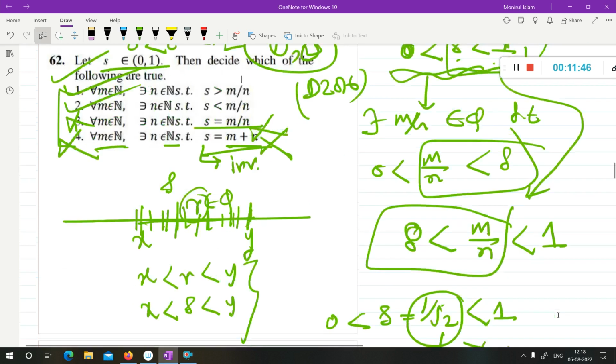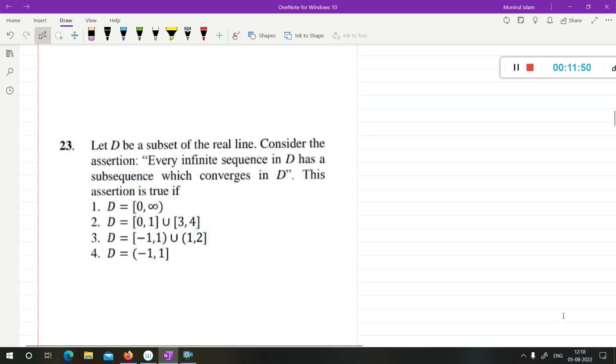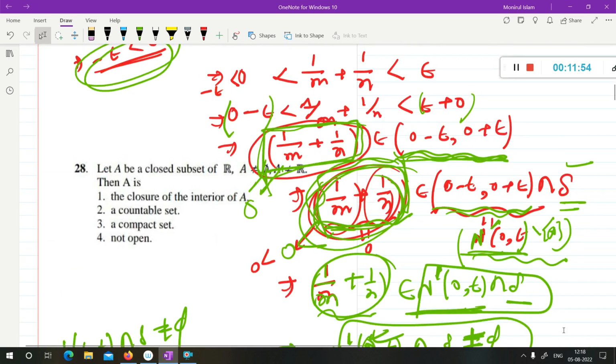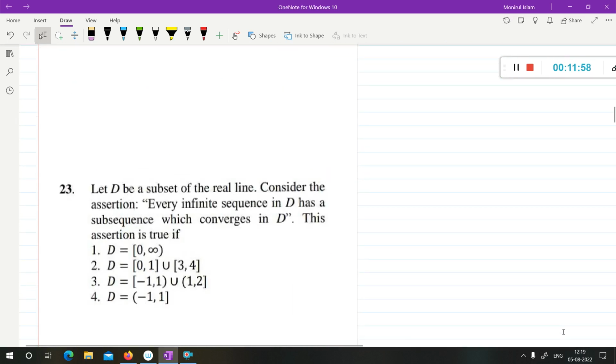Okay. So hope you understand this question. Now, see this question. This question was asked in, I think, December 2013. D is a subset of the real line. Consider every infinite set in D, which has a subsequence that converges. This is nothing but the definition of compactness. Okay, this is the definition of